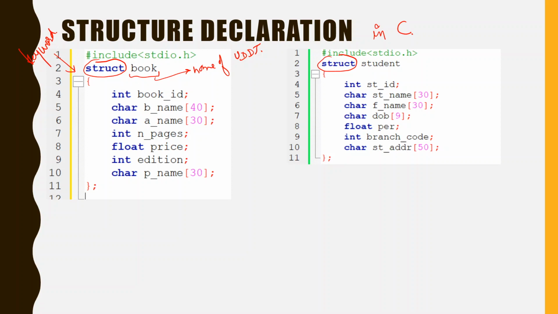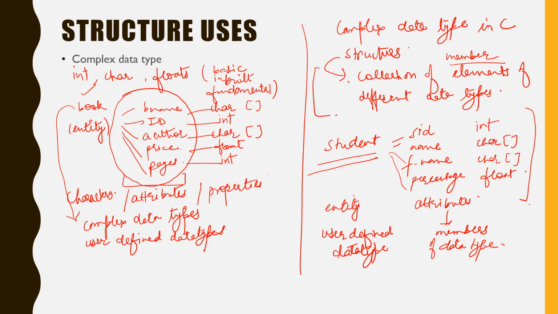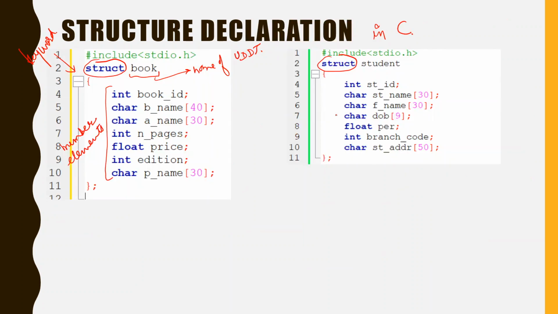And here you can see that this structure has these number of member elements. From the definition, that is a collection of elements of different data types, we can see that these are member elements, and they have different data types. Individually they all have their existence and their importance, and they are all attributes for the particular entity, which is a book.